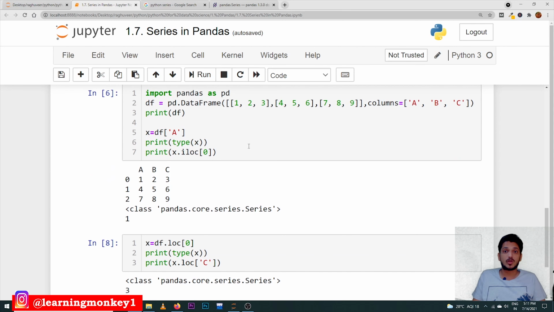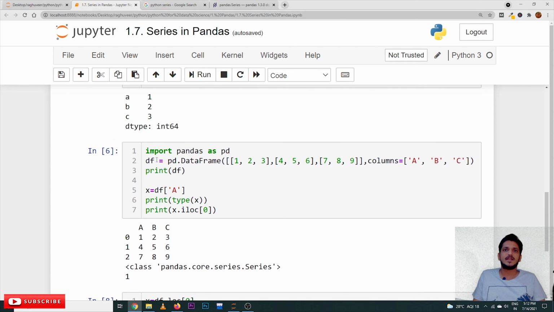And one more important point you have to understand. In order to understand this point, we have explained what series means and all those things. Here we are creating a data frame. Import pandas as pd, df is equal to data frame of, so we are creating a data frame. This is our data frame, and we are taking df of A. What does df of A mean? We are taking a column, column A is considered here. This column A is considered as a series. That is the point you have to understand.